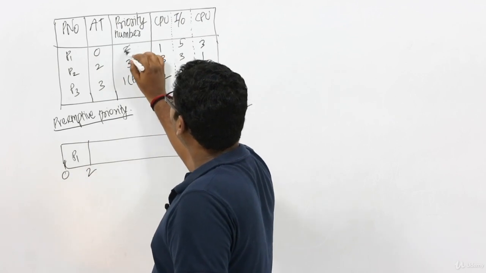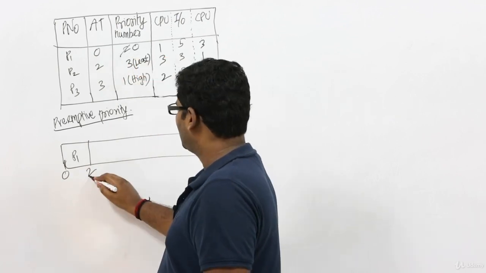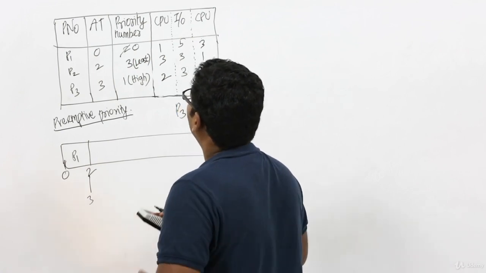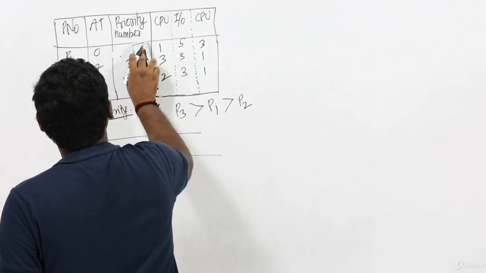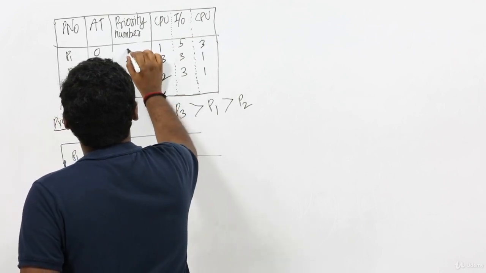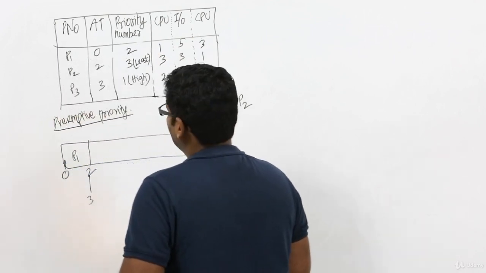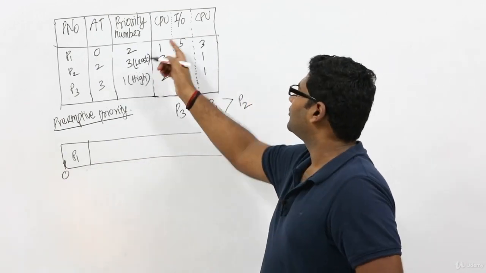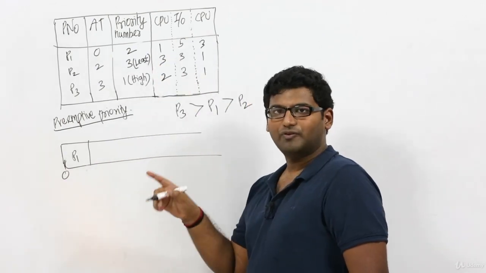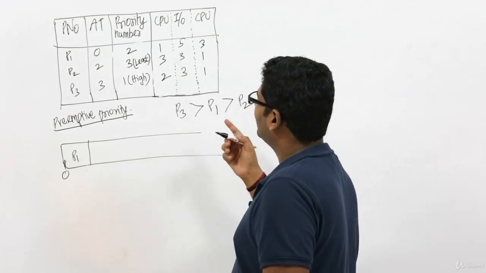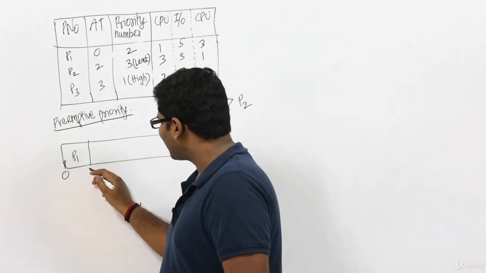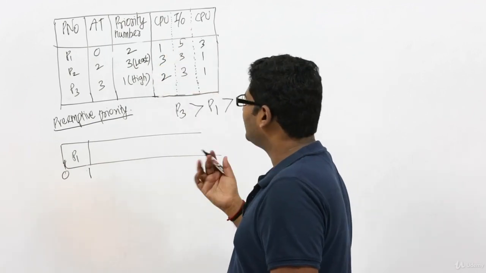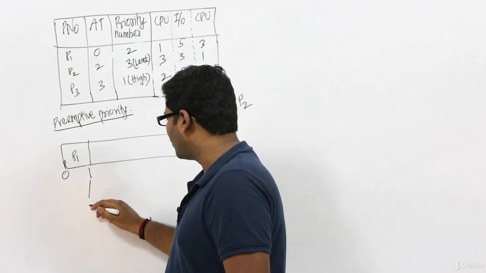Actually, process P1 needs only one time unit of CPU initially. After that it goes for IO, and after that it goes for CPU. So P1 will continue till time unit 1, and then it goes to IO for 5 time units, which means it will complete its IO at time